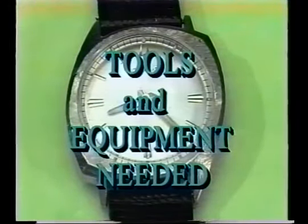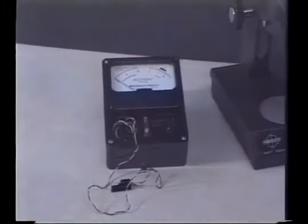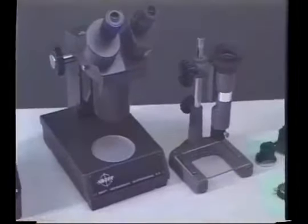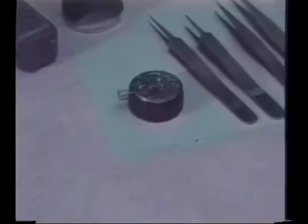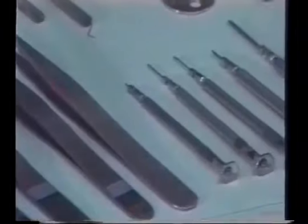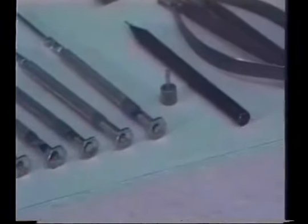These are the tools you will need to repair Accutrons: an Accutron test meter, a 30-power microscope, a special 214 movement holder, eye loupes of 5 and 10 power, fine steel hairspring tweezers, non-magnetic tweezers, 4 or 5 sizes of watchmaker screwdrivers,